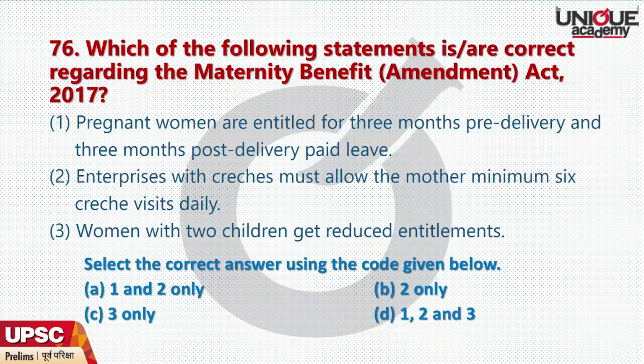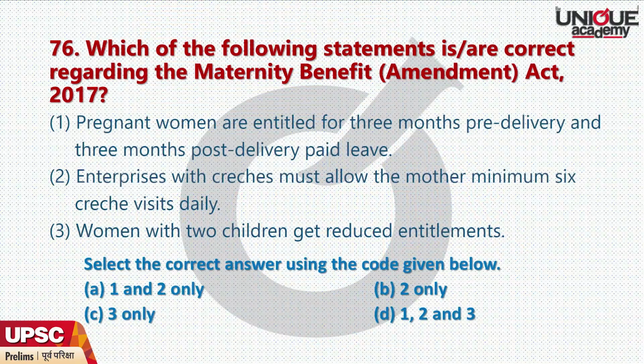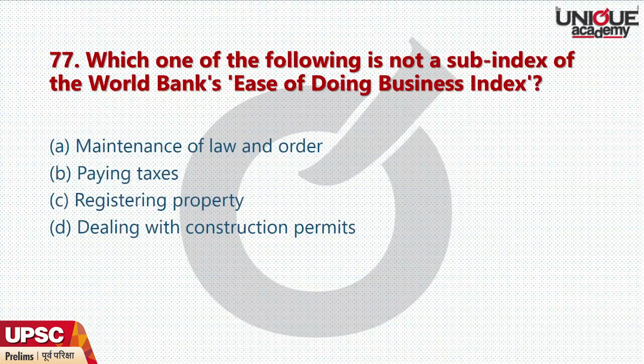Coming to the second statement, it says that enterprises with creches must allow the mother a minimum of 6 creche visits daily. But again, they are going into very technical aspects of each and every bill or amendment. So in statement 2, the mother can have a minimum of 4 visits. And in statement 3, women with 2 children get reduced entitlements. That is true. So coming to the next question,